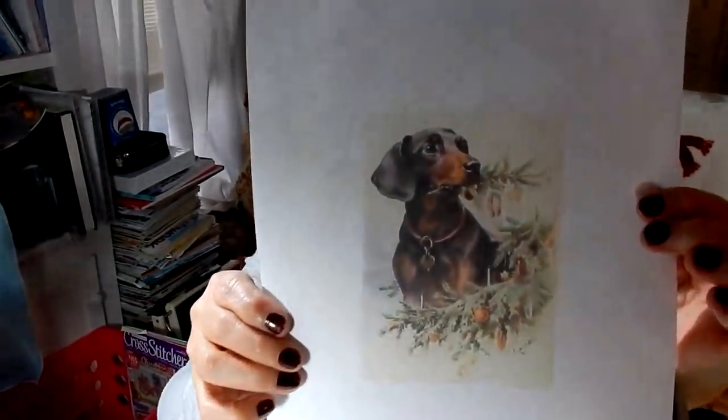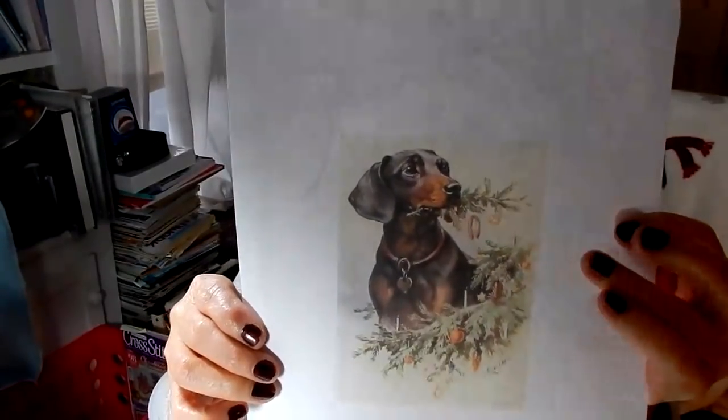Oh, and next up is a piece that I started Christmas Eve. I did a lot of starts in December, and that was Dachshund Christmas in honor of my Wally,